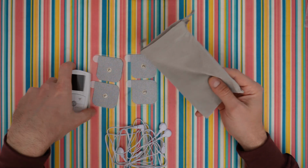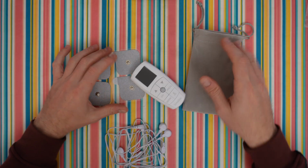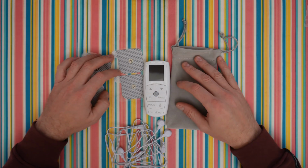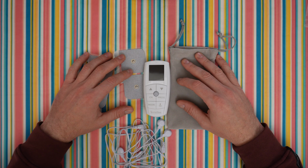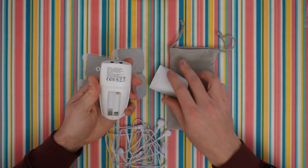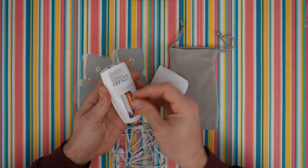And because it works with batteries, it is portable. You can have it and use it anywhere, at any time. Use it and relax yourself. Choose the correct program for TENS or EMS, massage yourself, whatever you want. Let's remove this cover, install the batteries, 2 3A batteries,